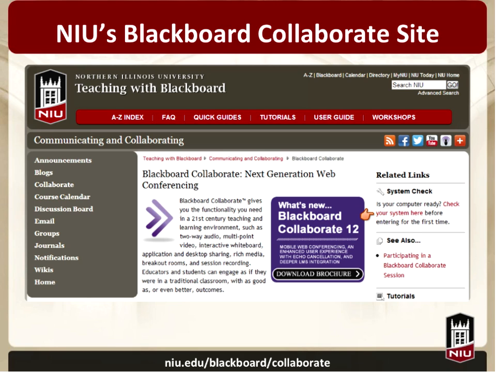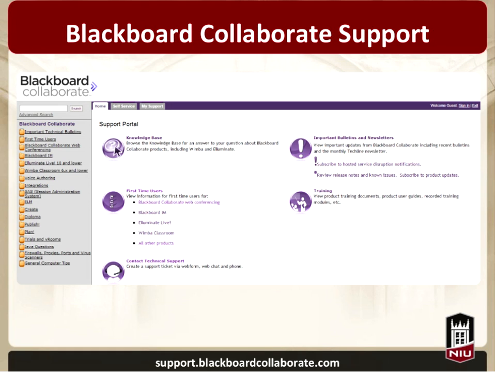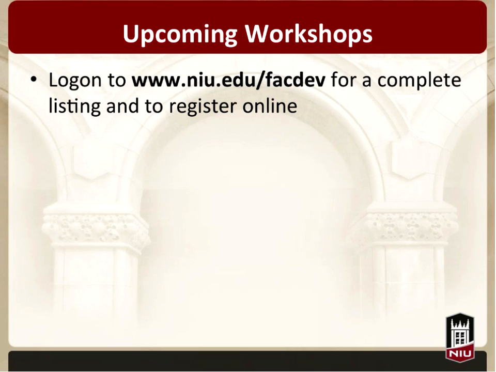There is a system check as well. They can click this link, check your system here. By clicking on that, they go to the page on the support site that will run a system check to make sure their computer is properly configured to participate. So this is another resource I did want to mention. The Blackboard Collaborate support portal is a place where you can ask questions as well. You can see, if people have other questions about particular features that maybe you have questions about, that's another good